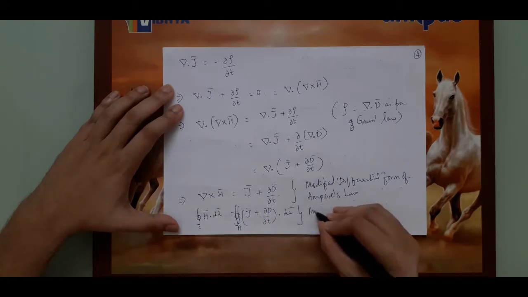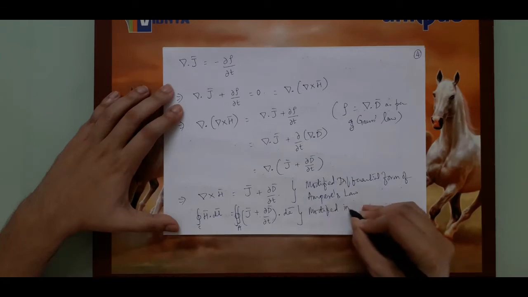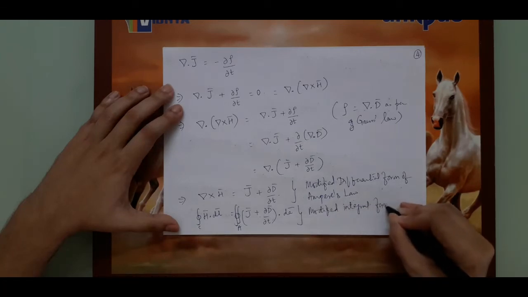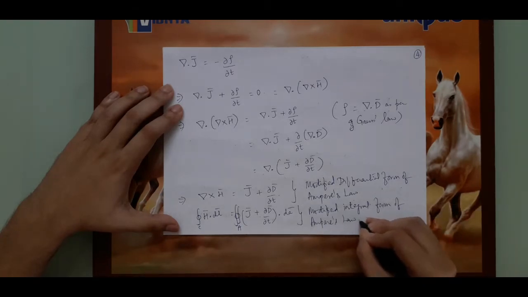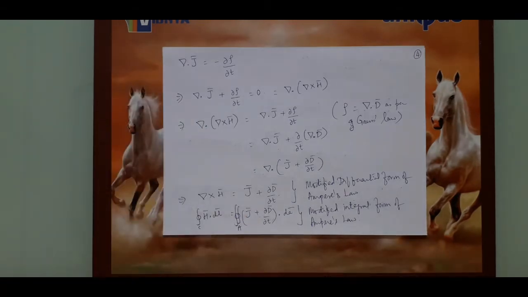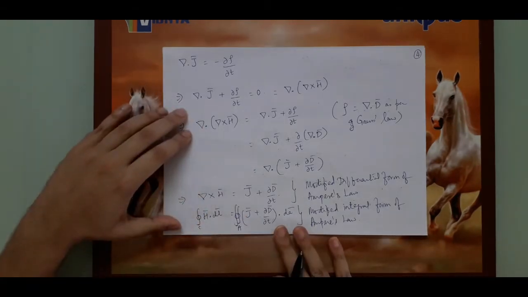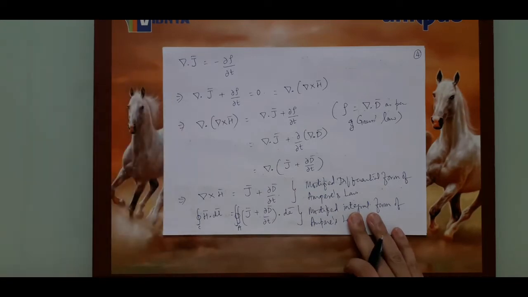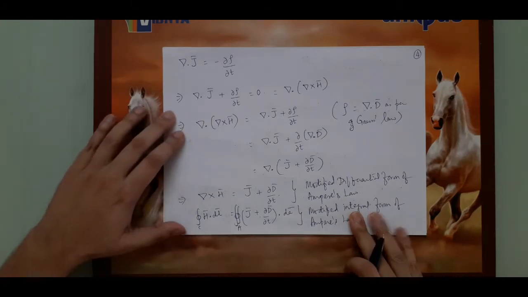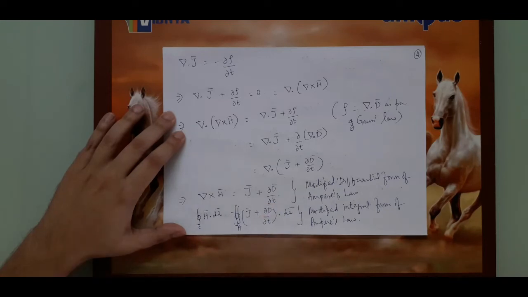This is the modified integral form of Ampere's law. So one of the biggest contributions by Maxwell was to correct Ampere's law and make it consistent with the law of conservation of charge or the law of conservation of matter. And this proved to be a path-breaking